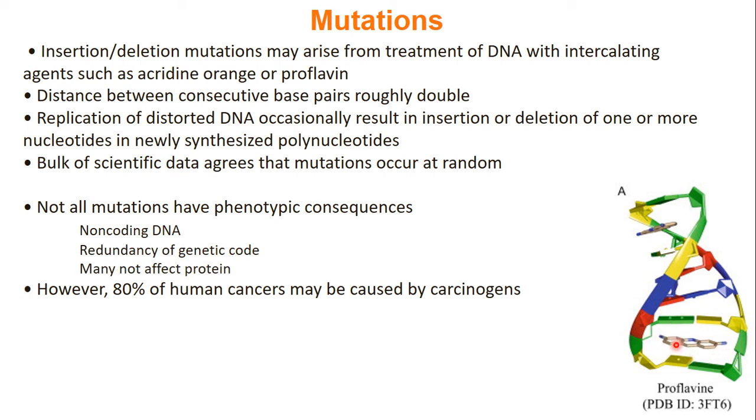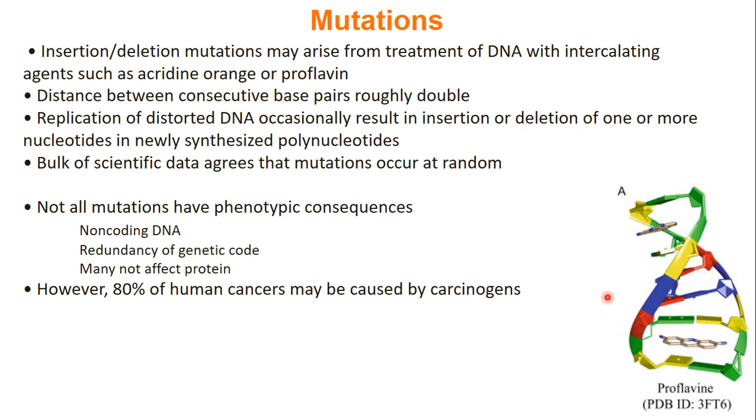What proflavin can do, you can see it's a bunch of carbon rings, and between DNA rings we have base stacking. Well, this ring can go right in between this DNA and find a nice little cozy home there. And when that happens, the distance between consecutive base pairs has now roughly doubled, causing distortion of the whole DNA